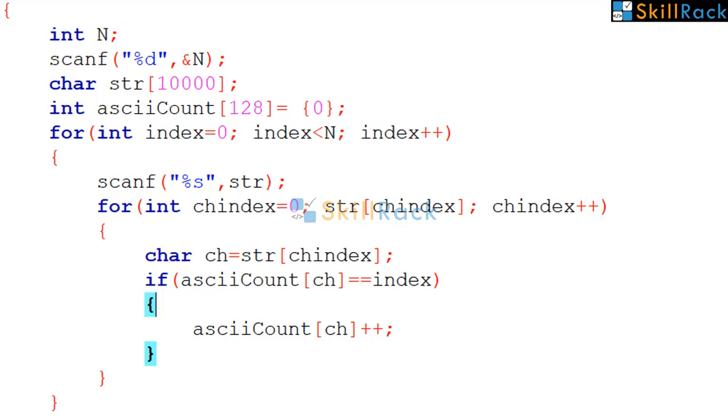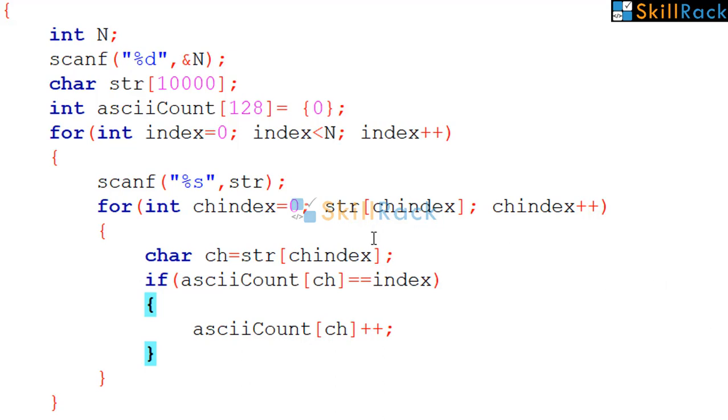Now the variation in the program is that we need to print all the common characters that are present in n string values or n minus 1 string values, which means it can be present in all the n string values or it can be absent in any one of the string values. It cannot be absent in 2 strings or 3 strings like that. It can be absent only in one string value.